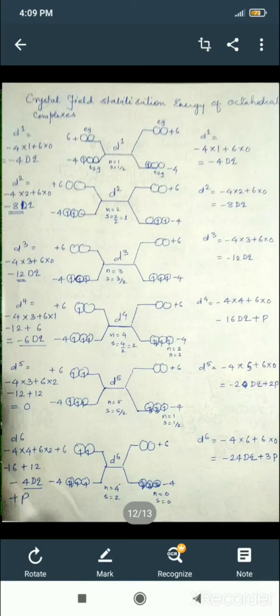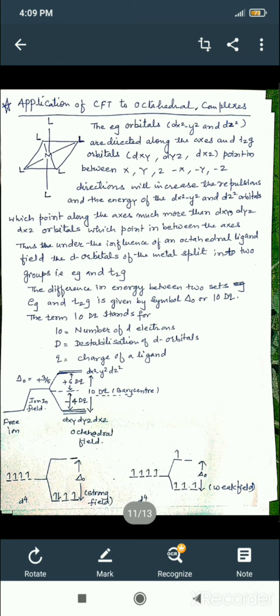I have completed crystal field stabilization energy of octahedral complexes of d1, d2, d3. In our last lecture, we discussed about the